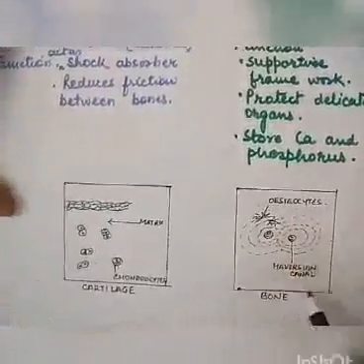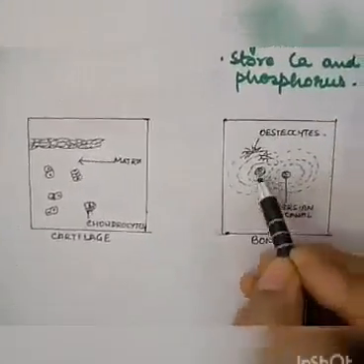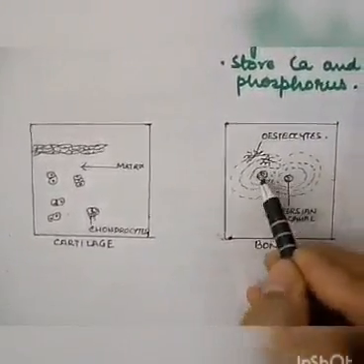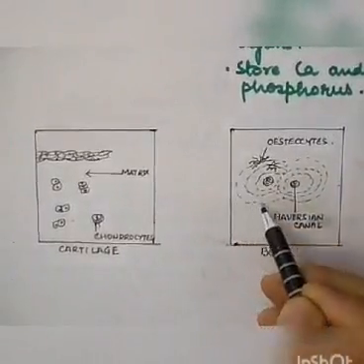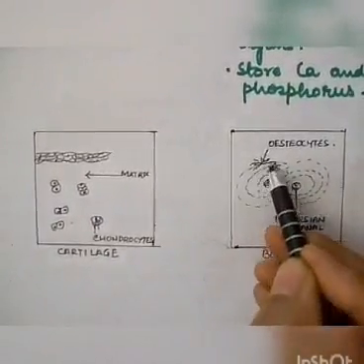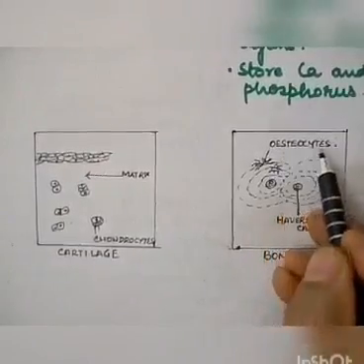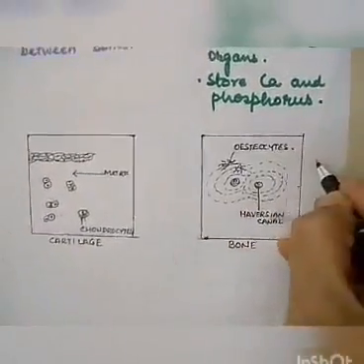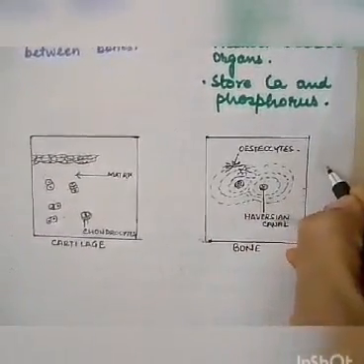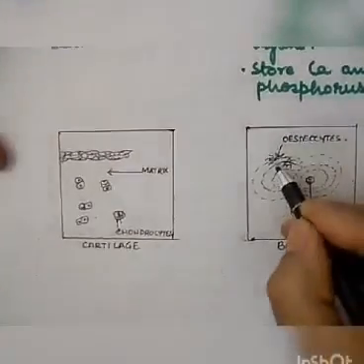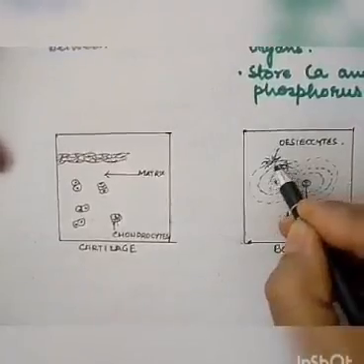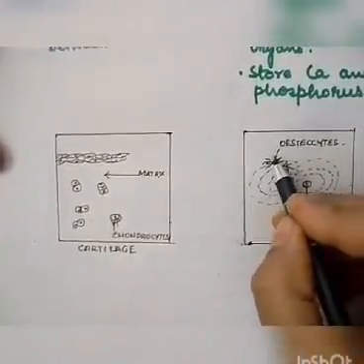And this is the structure of the bone. Centrally, canals are there. These canals are known as the Haversian canal. It is surrounded by cells. These are the cells, and if you see, they look like this: osteocyte. If you see the osteocyte, it is somewhat like this. It is small, you can see the cell, and the radiating rays are present.